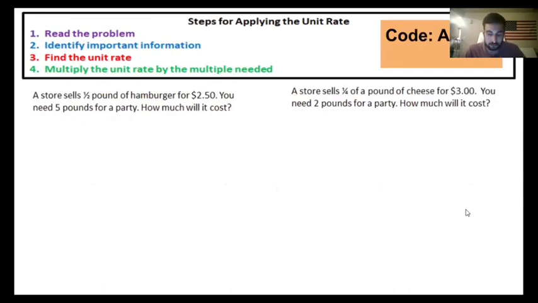All right, so one on the left. A store sells half a pound of hamburger for $2.50. You need 5 pounds for a party. How much will it cost? So we need 5 pounds. So because that's what we need, that's going to be our denominator. Right now, we know there's half a pound,